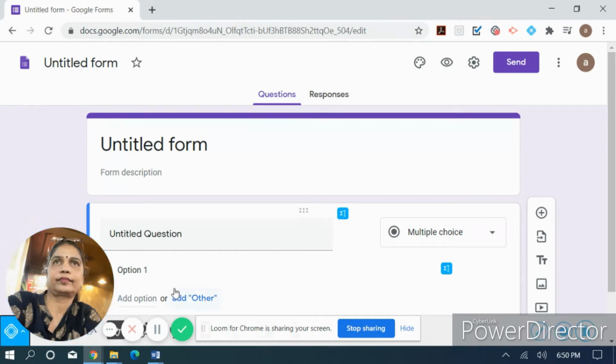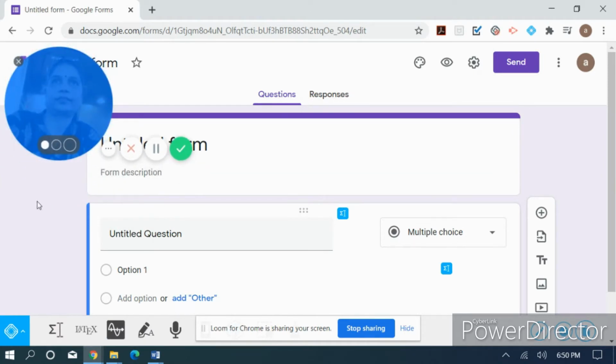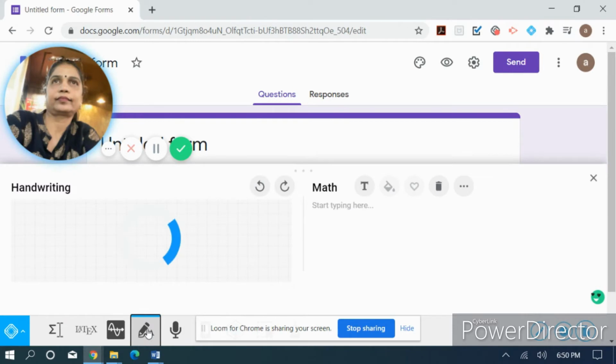Just click on this icon, which is Equatio. When you click on it, I'll just move this picture over somewhere here so that it is clearly visible. Okay, now you can see the different icons are visible over here. So there are n number of options for you to type or insert your question over there. So let's see one by one. First is the handwriting recognition part. When you click this, you'll get a handwriting option box, and on the other side, whatever you write will come over. So this is also a simple one.